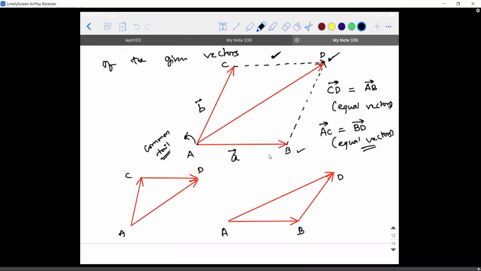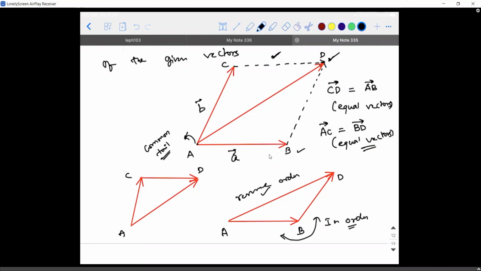If I do that, what am I getting? The lower part is giving me a triangle. The upper part is also giving me a triangle. Now let me analyze the lower part. What can I say about AB vector and BD vector, guys? Are they taken in order or are they in the reverse order? They are in order. Whereas AD vector is in the reverse order. Correct? That is with respect to the lower triangle.